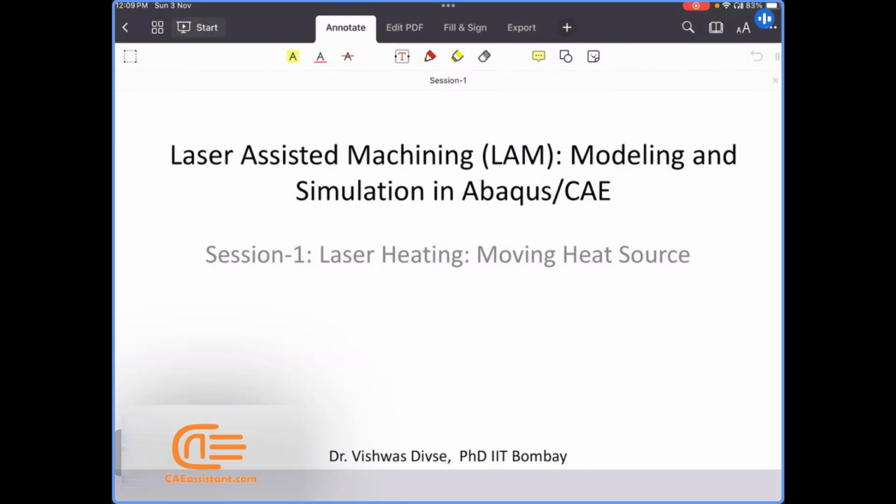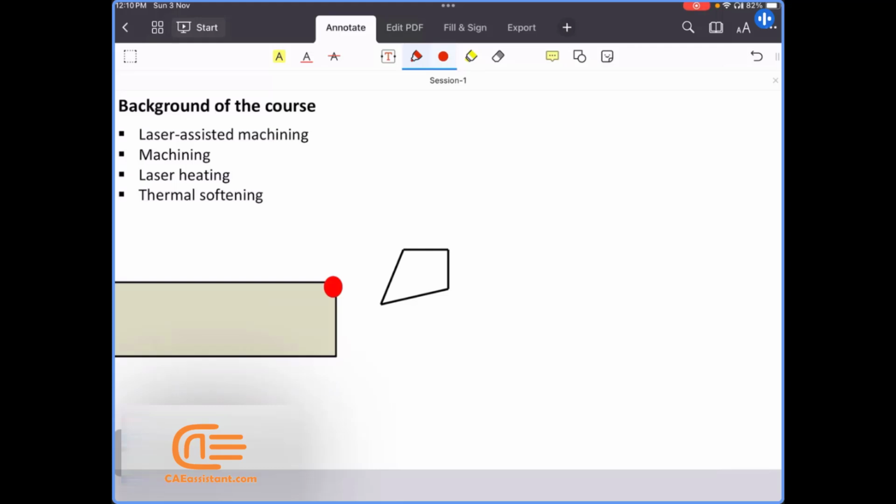So from that point of view, I am using the word modeling. And simulation is something, once you have your thought process clear on pen and paper, theoretically, then you can simulate in any software. It's not just Abaqus or something. That is just a solver kind of thing. So broadly, you should understand, as I told you, the background of the whole course, what it contains. Broadly, it contains laser assisted machining,